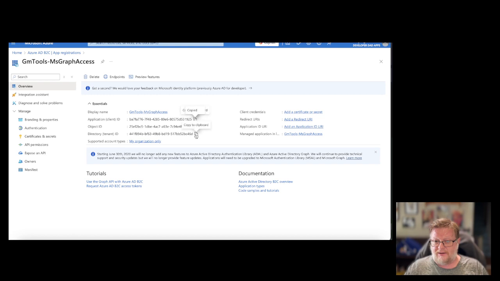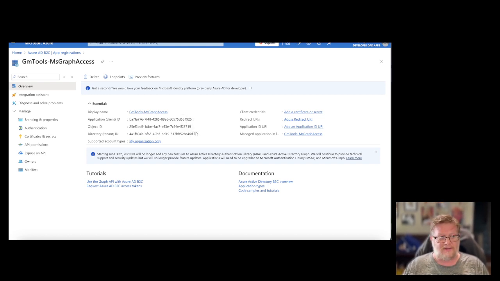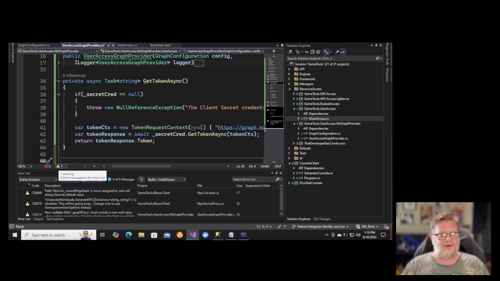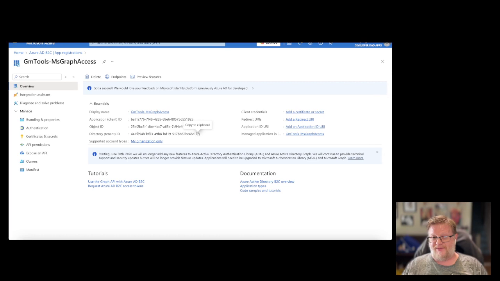I need that. And I'm going to pull this over here because you cannot see me do this. Well, you can see this part, but then